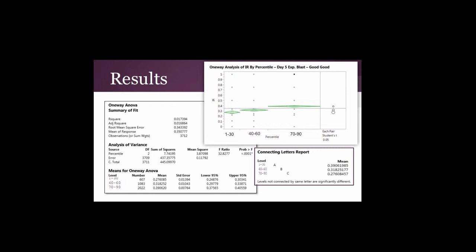Finally, we studied embryo morphology and implantation rates across percentiles. We grouped percentiles by categories, the first being 1st to the 30th percentiles, the second being 40 to the 60th, and the third being 70 to the 90th percentile clinics. This particular analysis shows day 5 type embryos under the category of an expanded blastocyst with a good inner cell